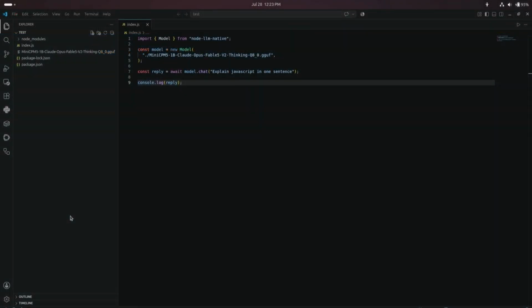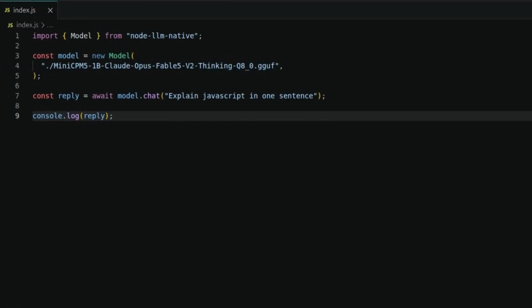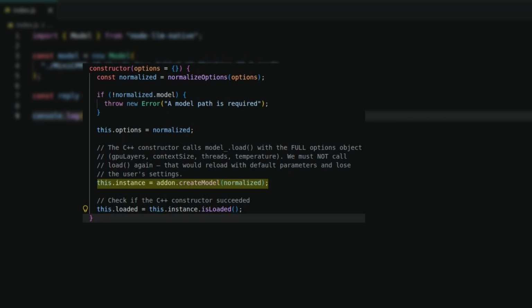The project has four main parts. First, we have the JavaScript code. This is what developers use in their applications. When developers need to generate text, it calls the native Node.js add-on. The add-on is written in C++. Its job is to receive requests from JavaScript and forward them to llama.cpp.